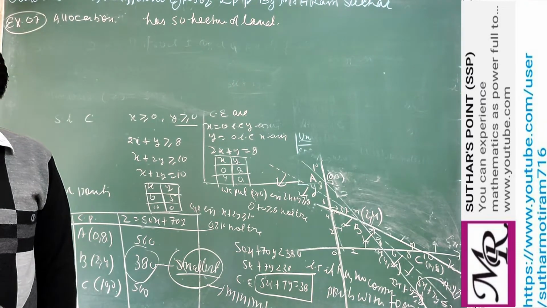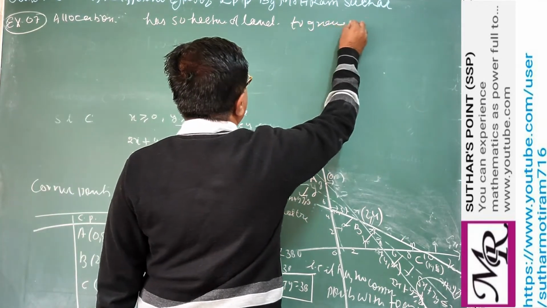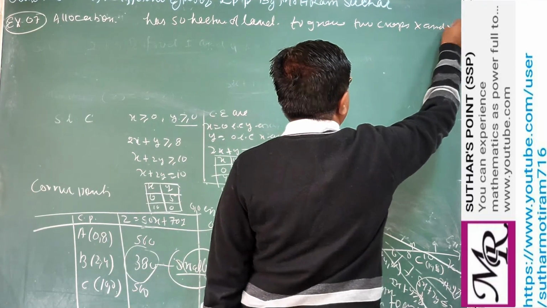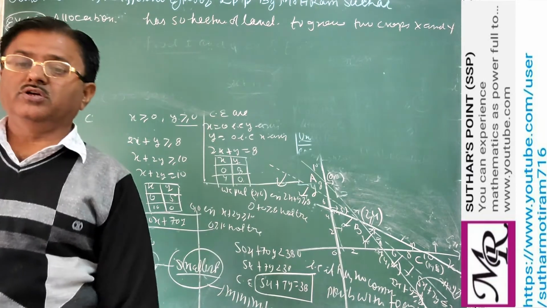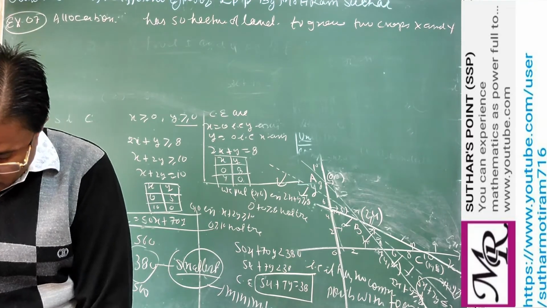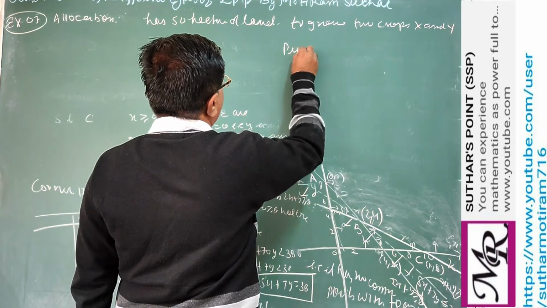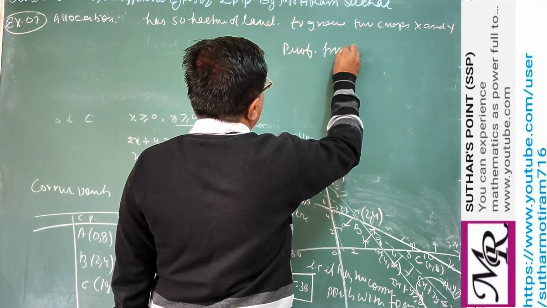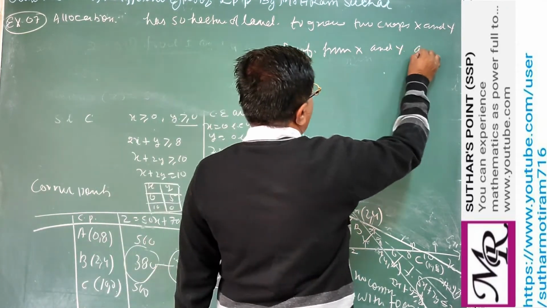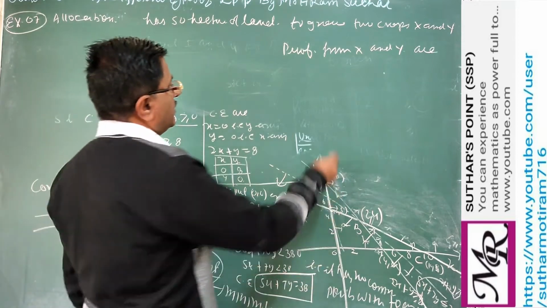Now what does it say? Two types of crops are to be grown, and the total land requirement is 50. The profit from crops X and Y per hectare is given